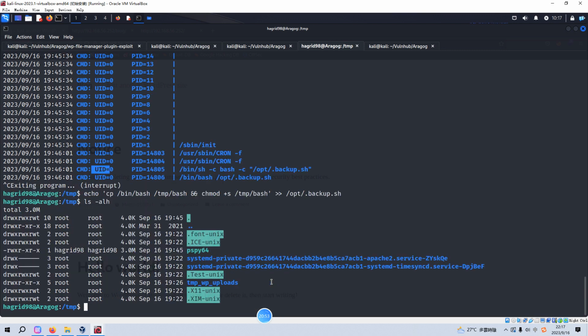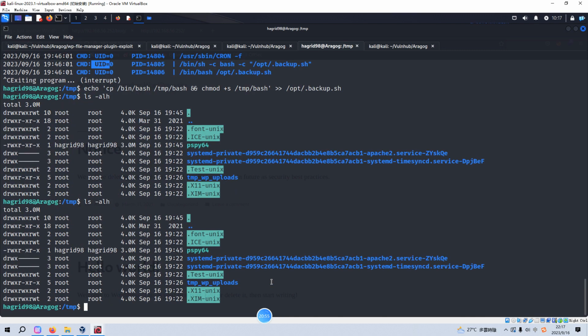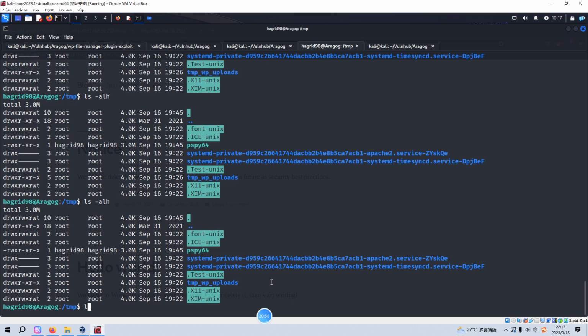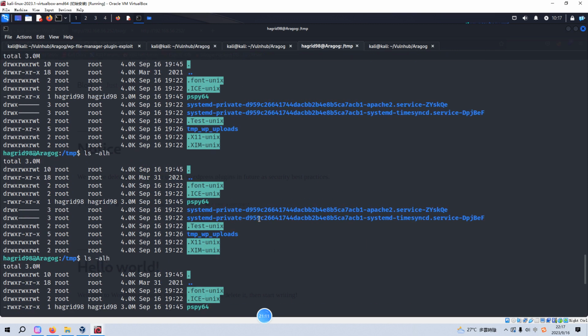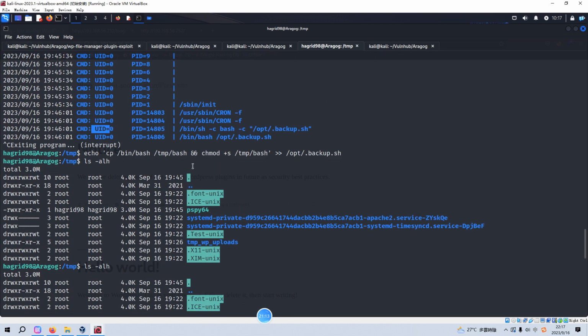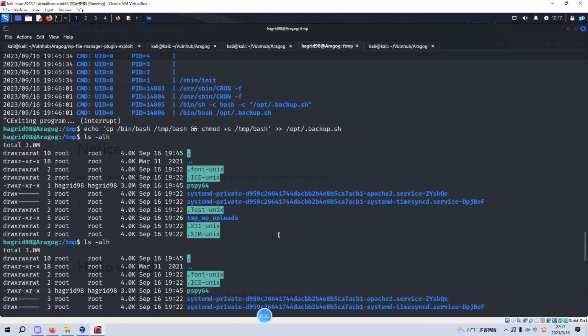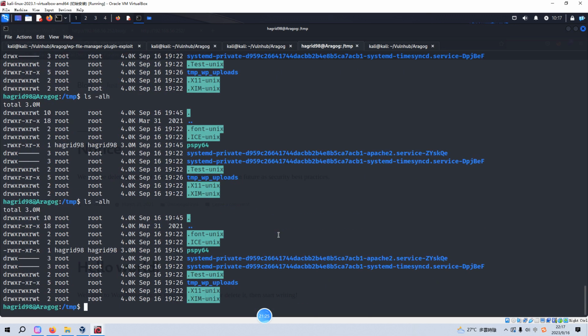Check. And we can wait some time to see whether our own bash command can be generated. I need to confirm my bin bash in temp. Change mode. I think it's correct,